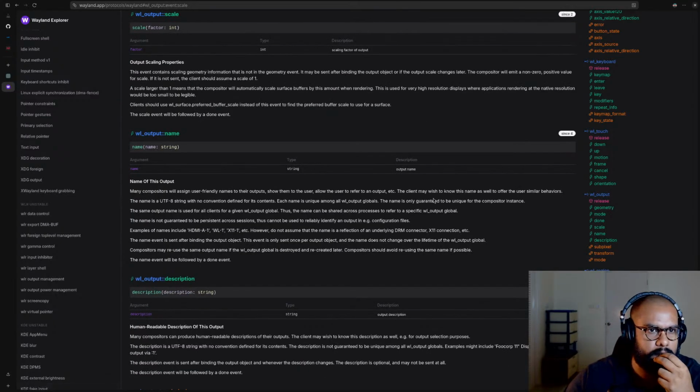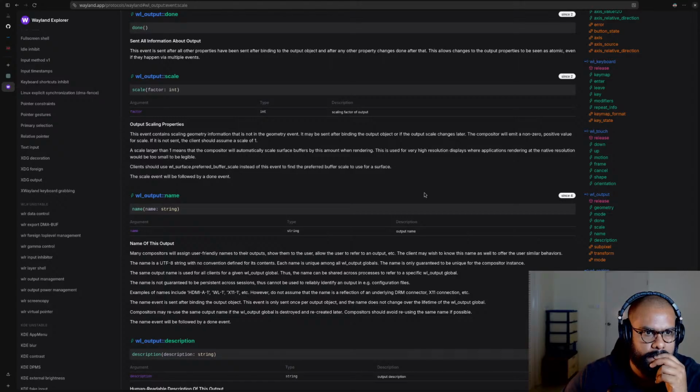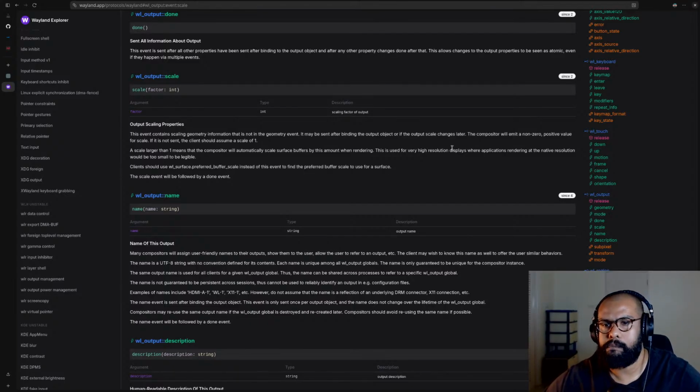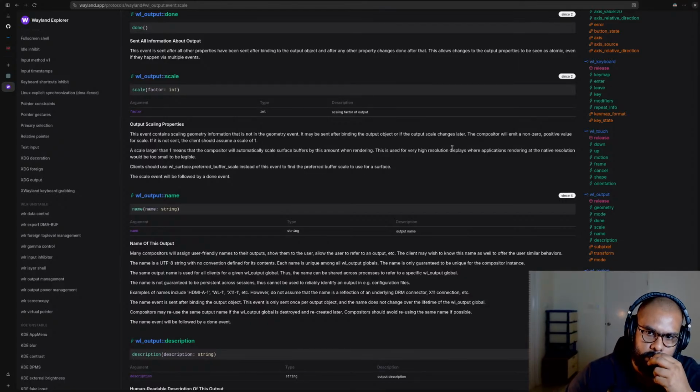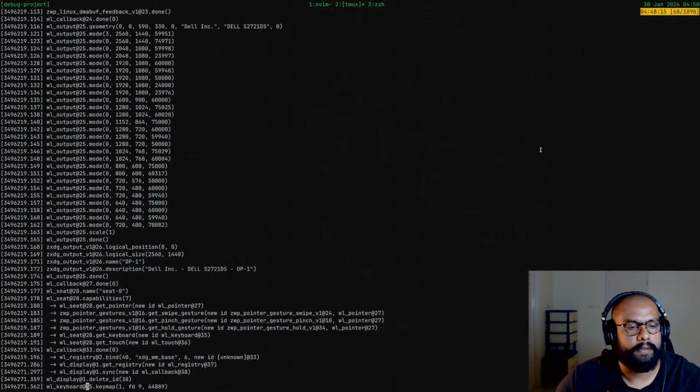It does have a scale. May be sent after binding the output object for one of the output scale changes later. Okay, I'll come back to